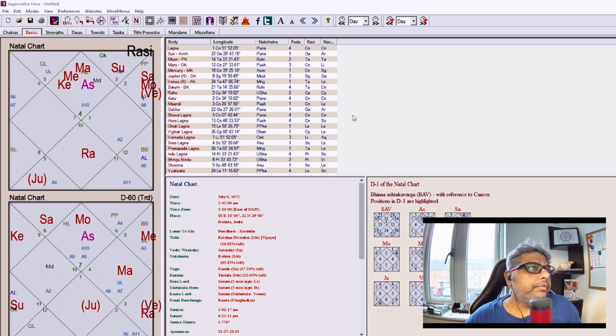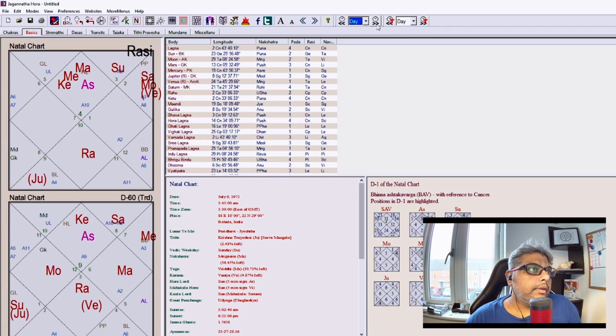So now if we figured out that our birth date information was not given correct, or we need to adjust the time, we can use this panel here which will adjust it. Suppose some native's date of birth is on 9th July, so we can select the day from here and it will add one day,